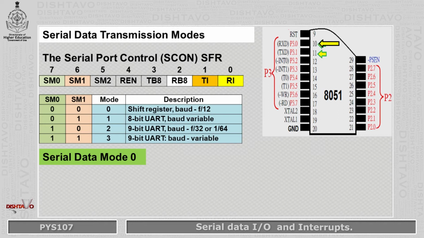Pin TxD, transmit data, is connected to the internal shift frequency pulse source to supply shift pulses to external circuits. The shift frequency or the baud rate is set at 1/12 of the oscillator frequency.